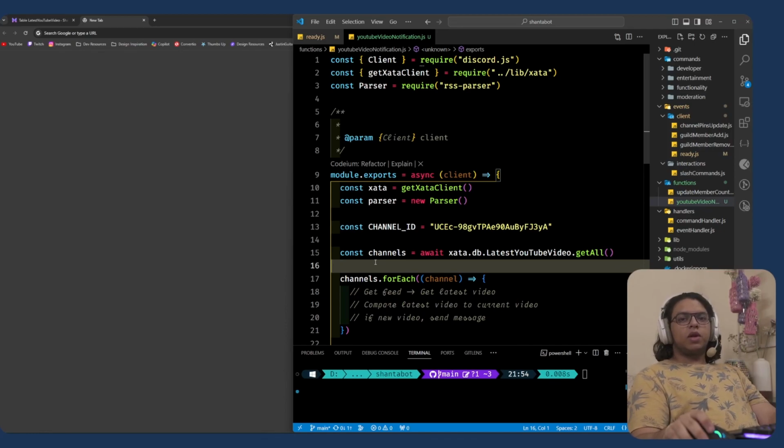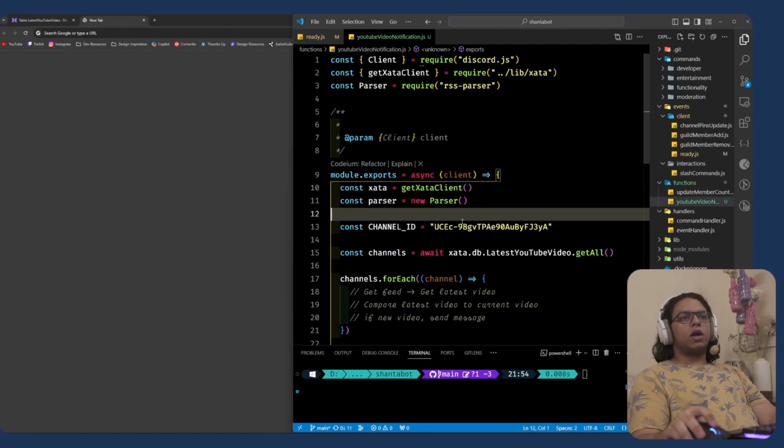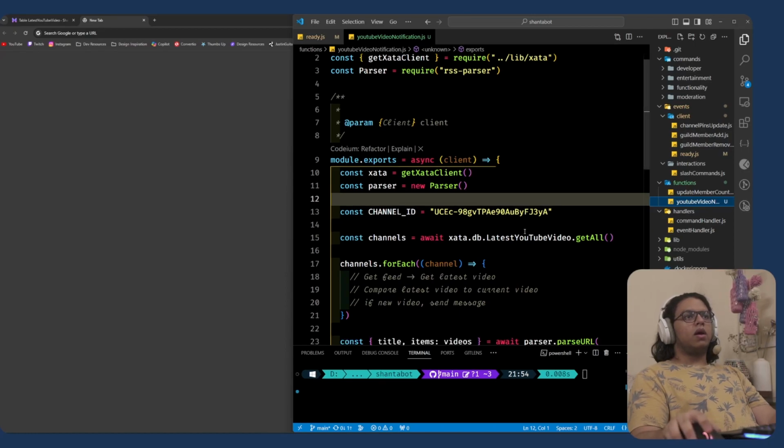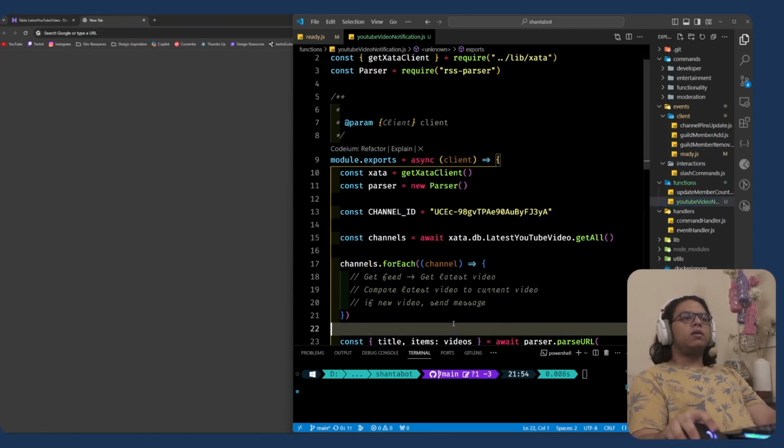Before this video, I was just brainstorming how I could achieve this. So let me just bring you up to speed on what I have so far. I've created a file that exports this YouTube notification function, and this is the function that we're going to run on an interval, so that we can then check whether a new video has been uploaded, and if it has, then we can send the message to Discord. Unfortunately, YouTube themselves don't offer any sort of webhook or anything where I can ask YouTube to notify my code whenever they upload a new video. So this is slightly manual, but it works great for our use case. So that's what we're going to do.